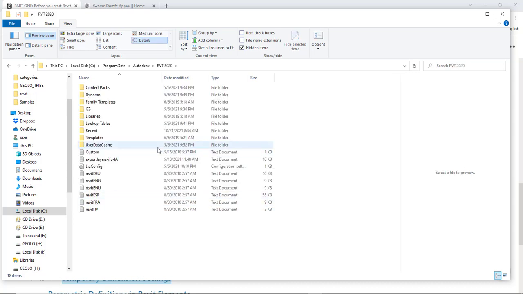Now, when you open the RVT 2020, it also comes with some 18 items, including folders and other files. The folders include content packs, Dynamo, family templates, IES, libraries, lookup tables, recent, templates, user data cache, and then the other files. I think they are custom dictionaries for the software. And if you look at these folders, as a beginner, please let your attention be on the templates folder,